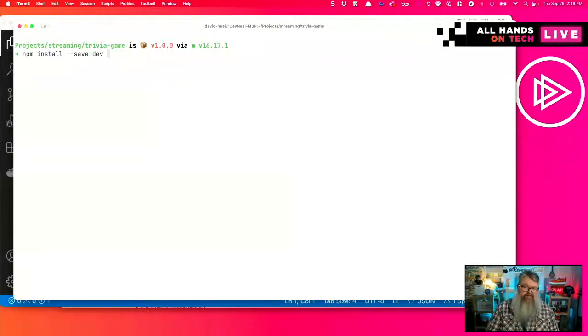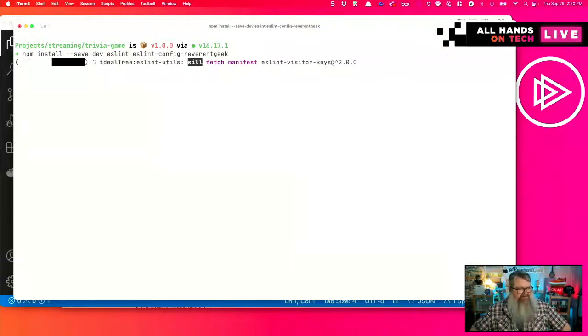So this is a developer dependency. It's not something we would deploy in a production environment. So these are developer dependencies, and we're looking for eslint and eslint-config-reverentgeek, which is my personal take on ESLint rules I like to have for my projects.